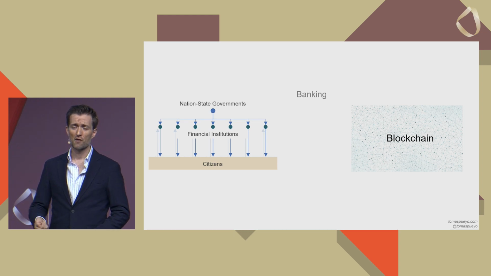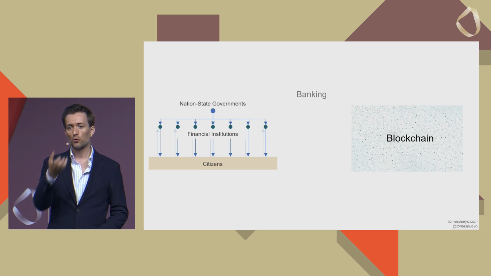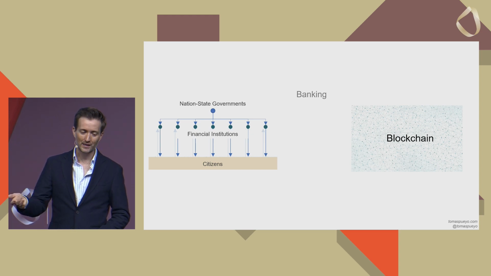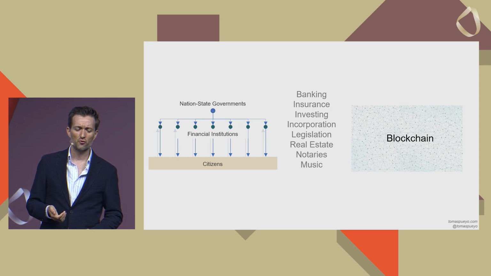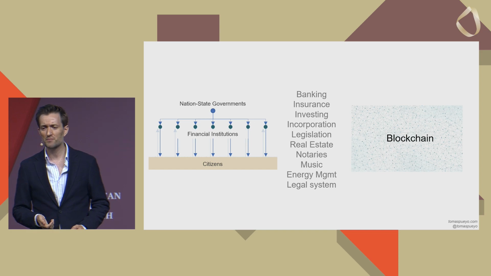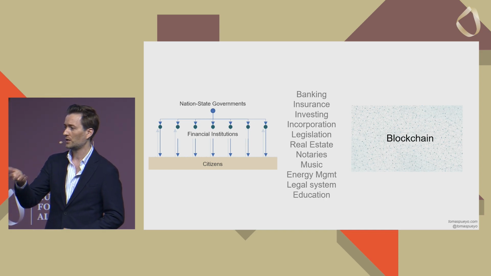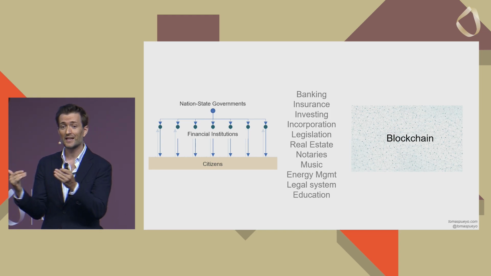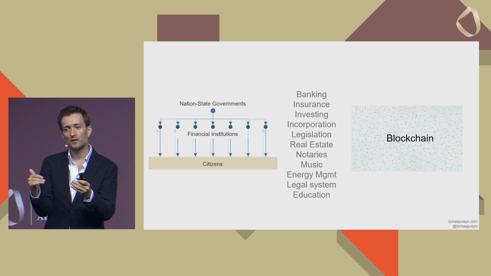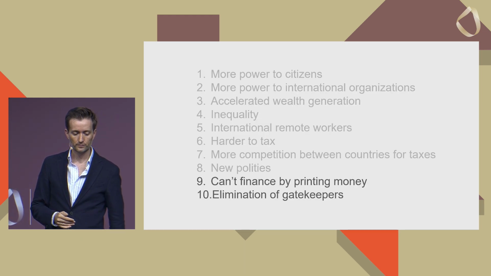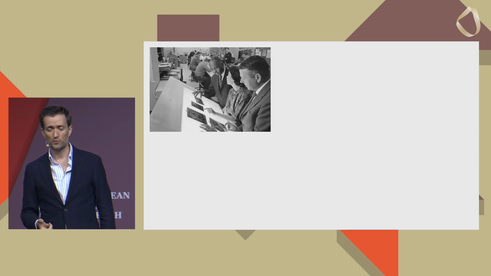And it can do this for any industry that is based on information with a gatekeeper. That's banking, insurance, investing, incorporation, legislation, real estate, notaries, music, energy management, legal system, education. All of these are information industries with gatekeepers. These gatekeepers gave power to nation states. You take away the gatekeepers, you take away the power of nation states. So you can't finance by printing money, and you don't have gatekeepers. And finally,